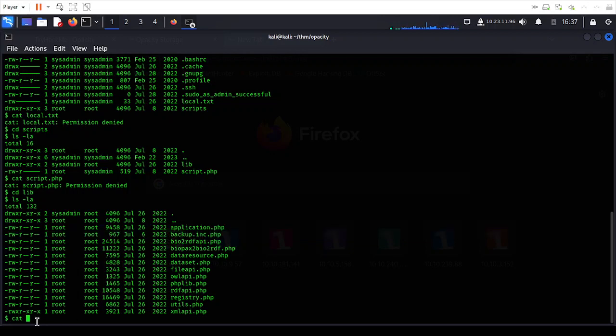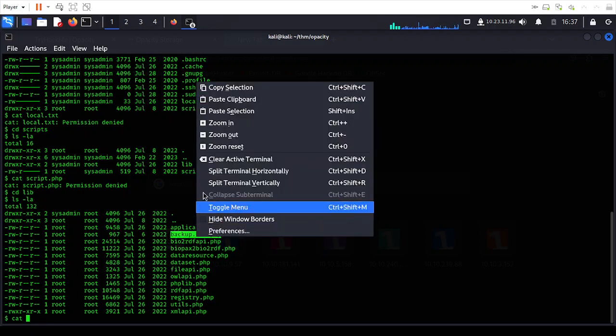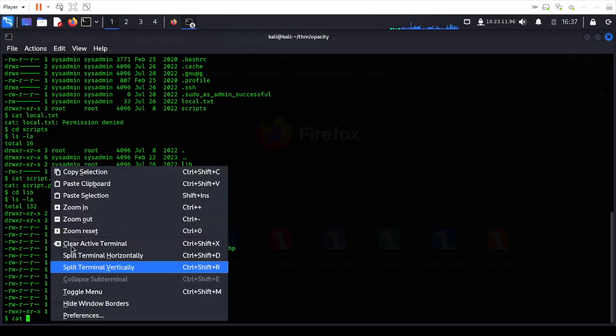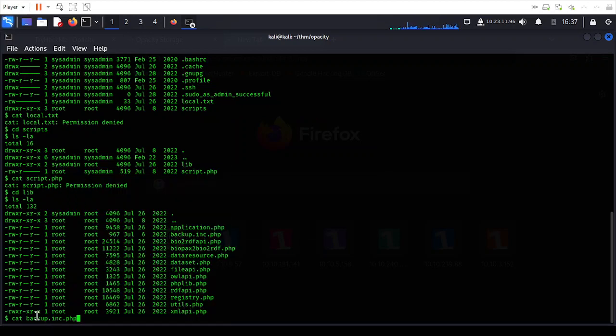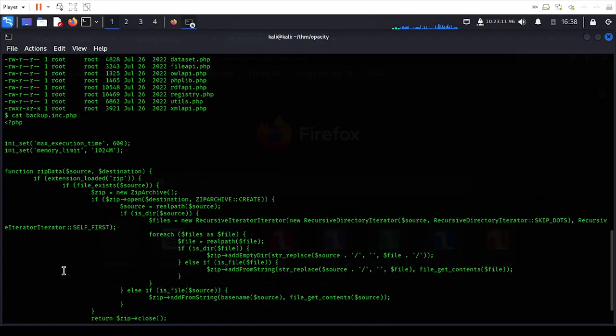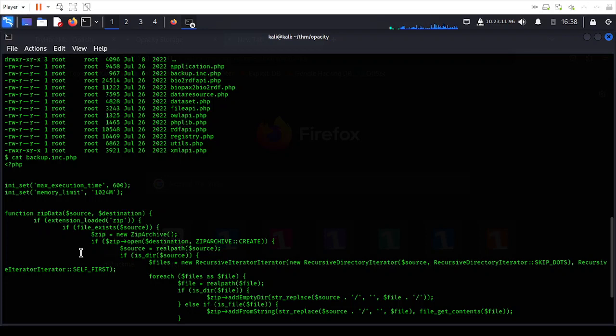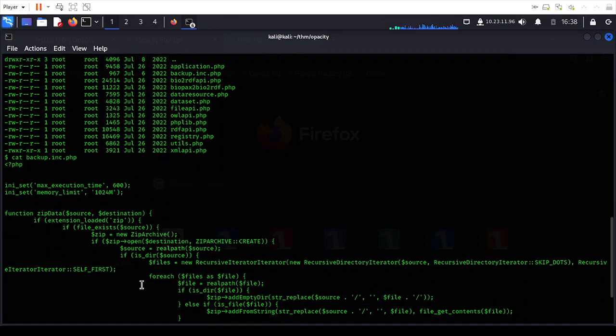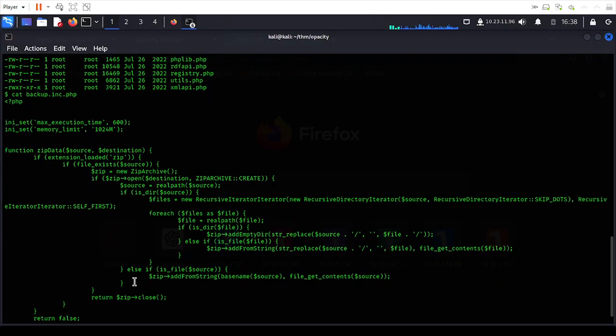So let me just grab that, copy that, and I'll paste here. I think we are missing something, but let's just go. Okay, this backs up a file, but